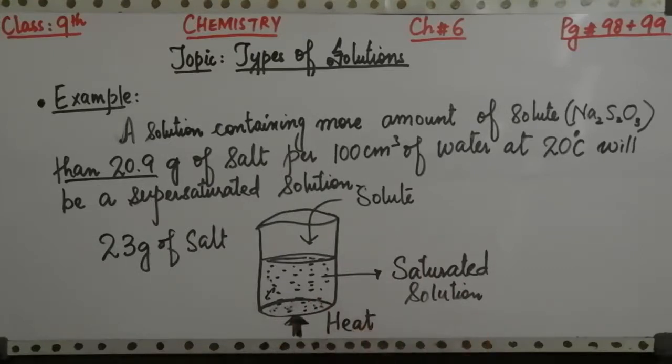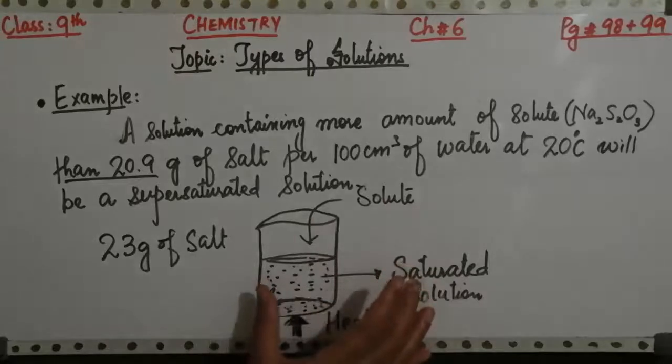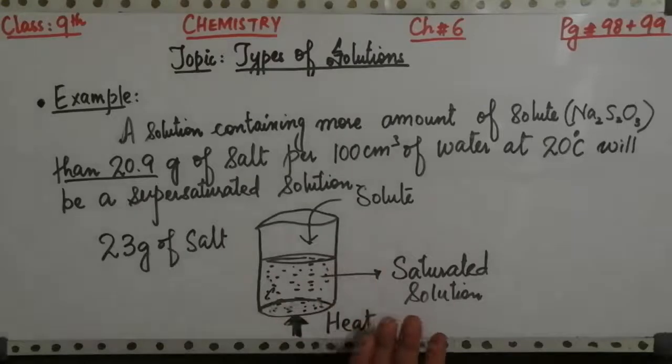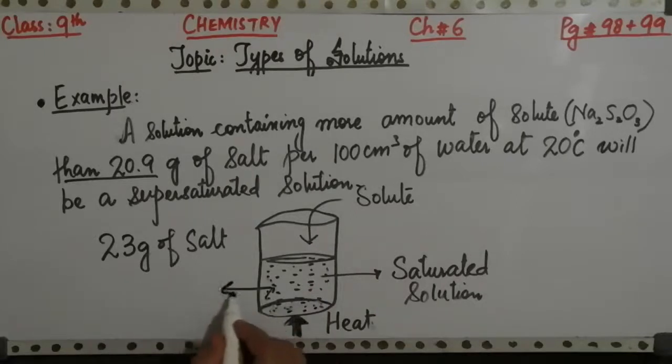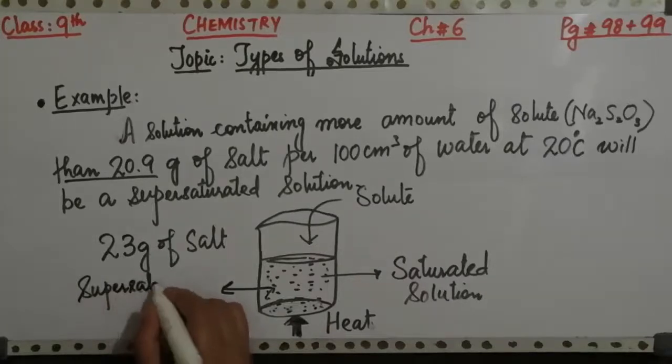So you can prepare your supersaturated solution by giving heat to this saturated solution, and finally these sort of solutions develop in them the capacity to dissolve more amount of solute, and such solutions contain greater amount of solute than is required to form a saturated solution, and they become more concentrated. So in this way, this solution becomes the supersaturated solution, and this is the specific thing about the supersaturated solution,